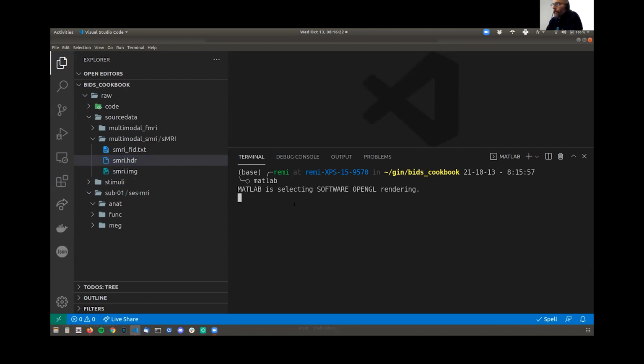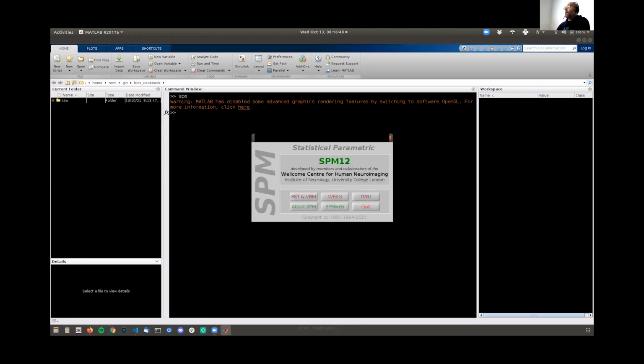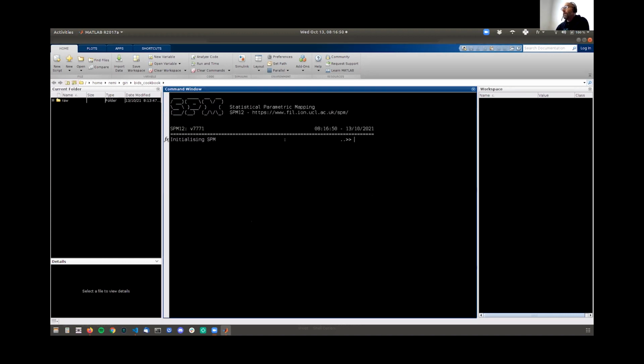And then we're going to do it with SPM. But this is also to show you what you would have to do if you had DICOM data. You would have to convert your DICOM data into this NIfTI format. So this is a bit similar to what you would have to do anyway. SPM also has functionalities to do that conversion from DICOM to NIfTI. Here, I'm just going to be doing something a bit different.